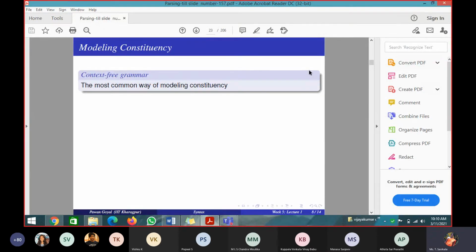Okay students, how do we model this to make a syntax tree? For that, we will be learning a context-free grammar, called a CFG. So what is CFG? Any idea? You have learned it in TOC or something? To construct a syntax tree, we need some idea about CFG. CFG is a context-free grammar. It is a common way of modeling the phrases in a sentence to make a syntax tree.